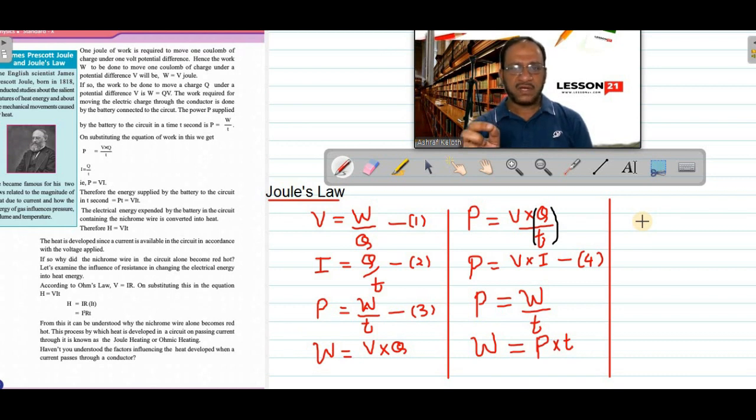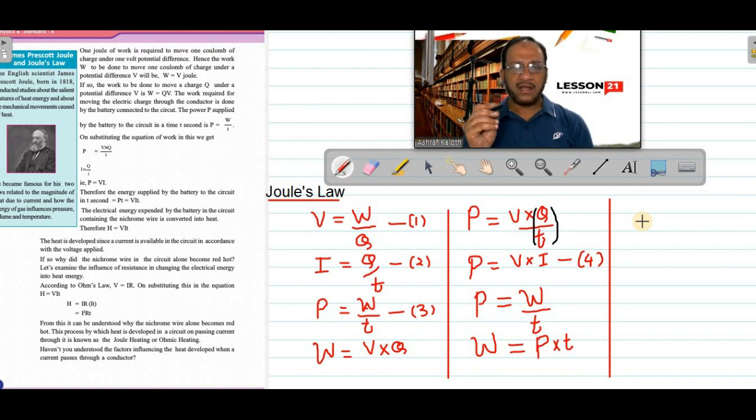So if you do work, that will be converted to energy. Whatever work right now you are doing, it won't be wasted. Whenever you do work, that will be converted to energy. If you do hard work right now, in future it will come in the form of energy. Work and energy will not be wasted. It will be converted into another form of energy. So work is energy, energy is work.